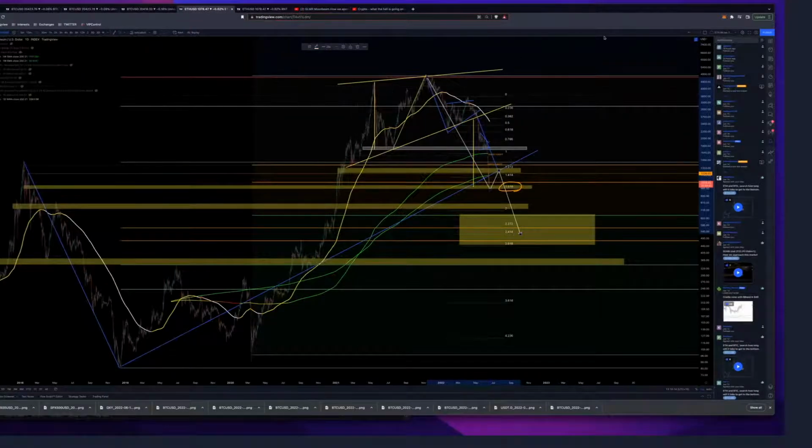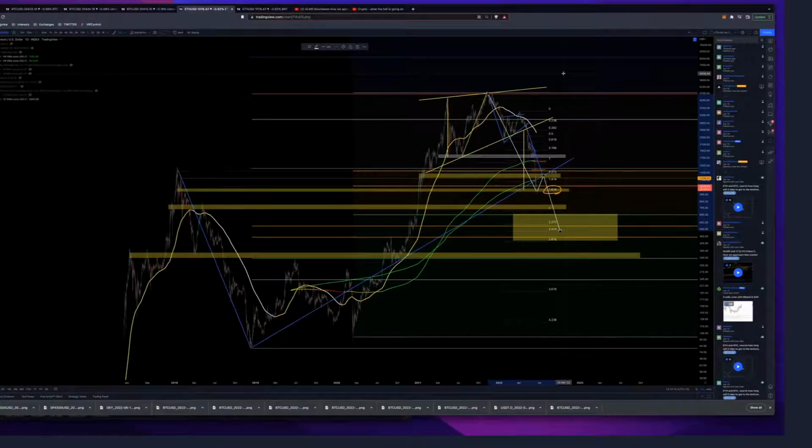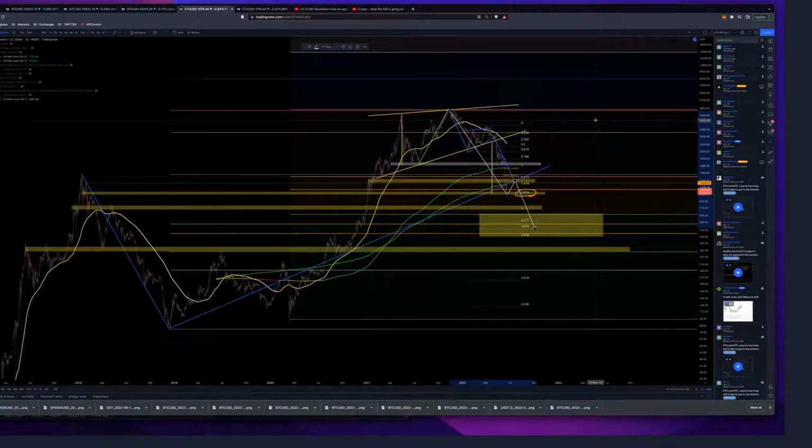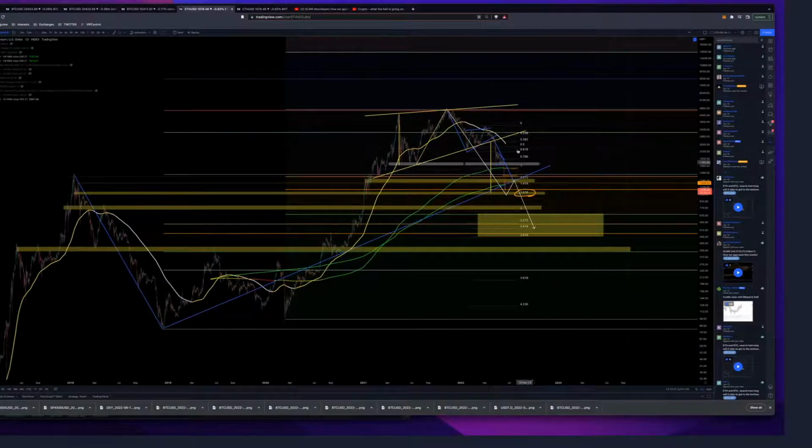When it comes to Ethereum, short-term Ethereum, so I'm done with Bitcoin, if that's all you want. I'm going to go to Ethereum at the moment. Ethereum has done what I suspected, and I was 100% right. So far, so good, which was it did this macro ascending wedge or head and shoulders, and we reached our target